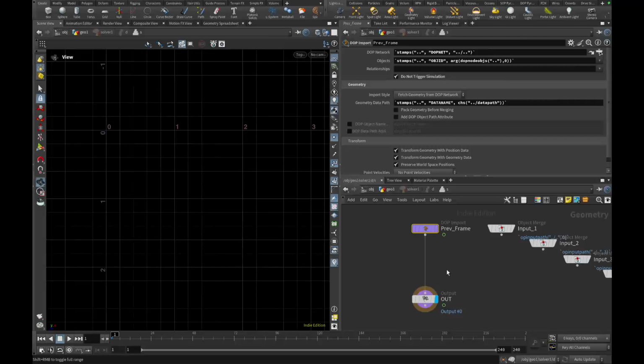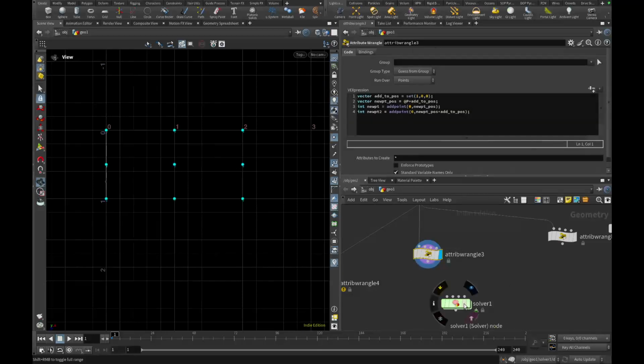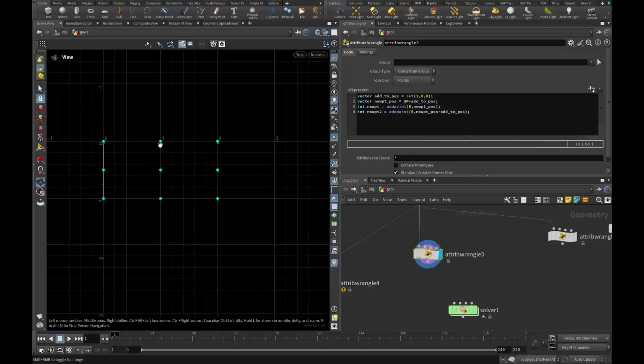So this is the concept of feedback. And maybe we can try to take advantage of this solver node to continue to add points on top of other points. But